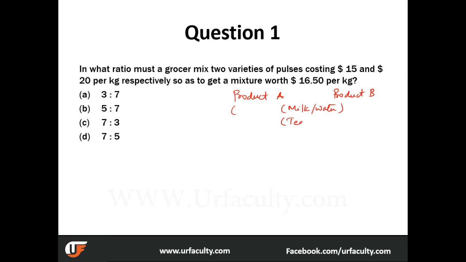Let's say a tea of a certain quality and another tea bag of another quality. So T1 and T2. So that could be a question on that. There could be something on wine of two varieties being mixed. So you will see all these kind of questions where these products are mixed together to form another product called